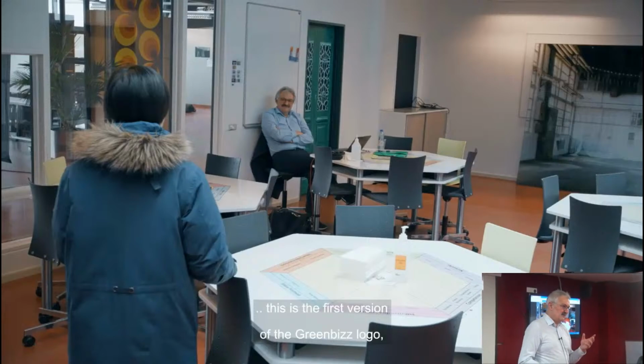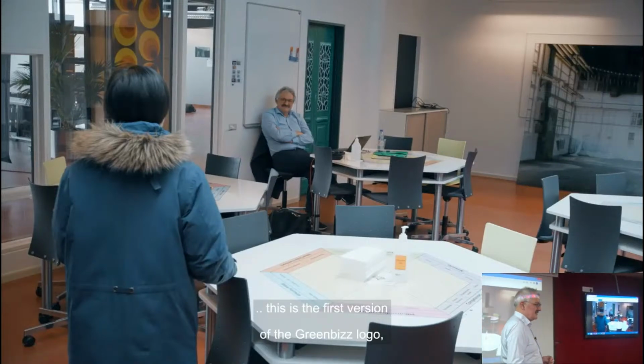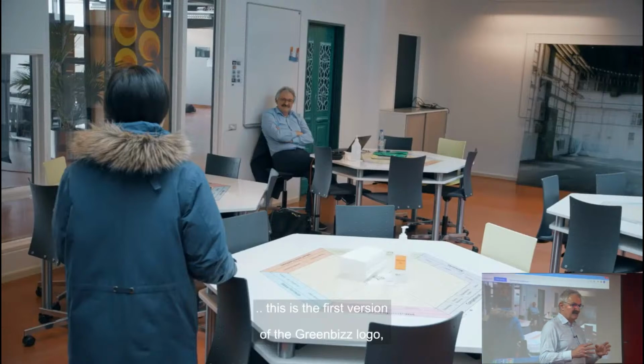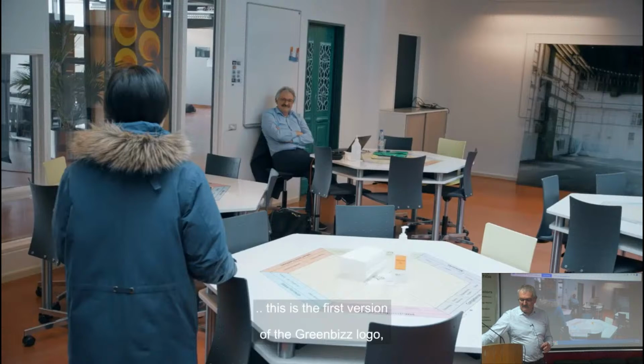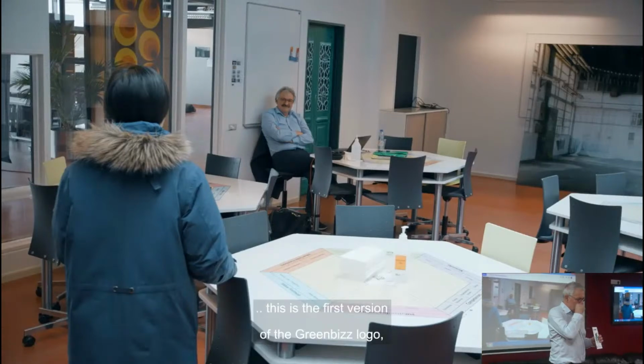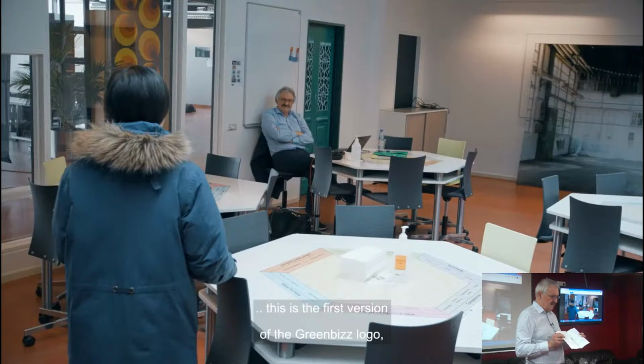But back to the logo here, you can see what Sue has done is that she has tried to make this logo for Greenbiz, and it's actually embedding a lot of the tools here. But it's not so much about that she has done a fine work, because she has indeed done that. It's actually also saying that